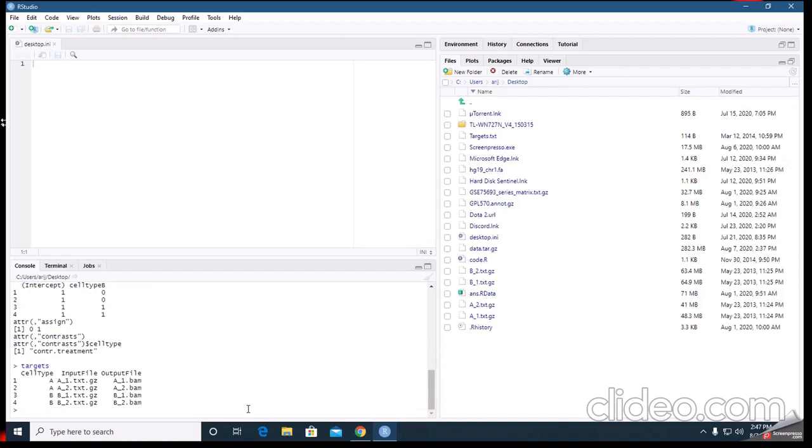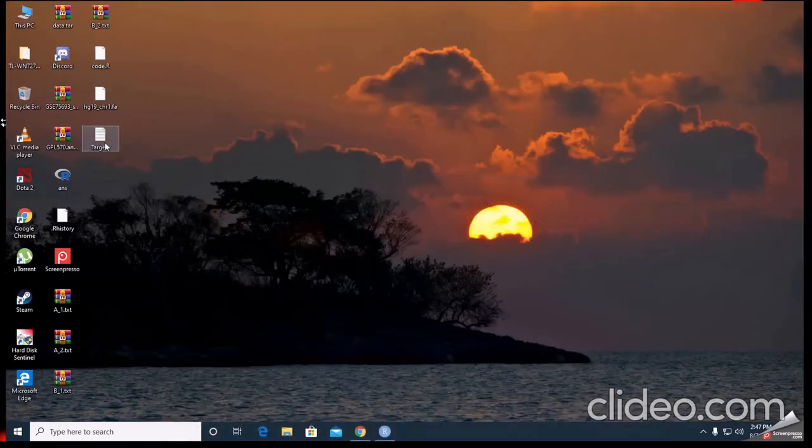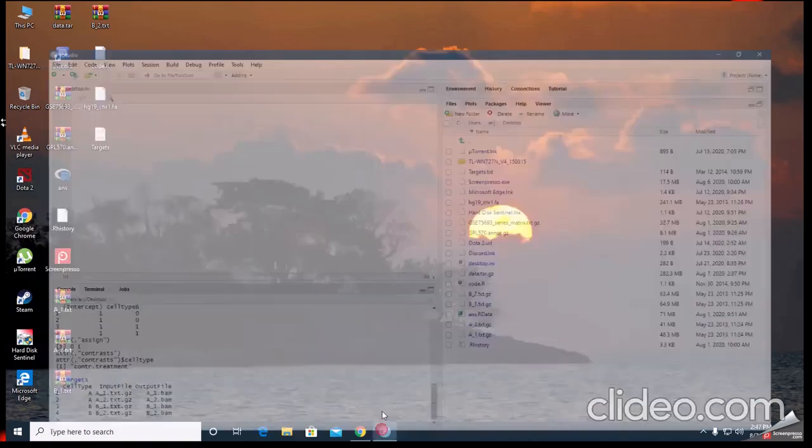Now we are going to build an index for human chromosome 1. This is our chromosome 1 reference demo. Okay. We are going to make our index by taking this HG19 chromosome file.